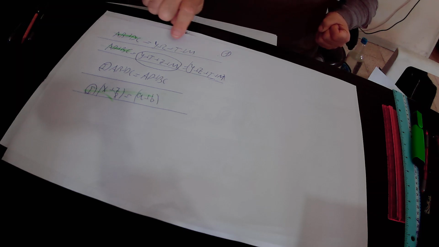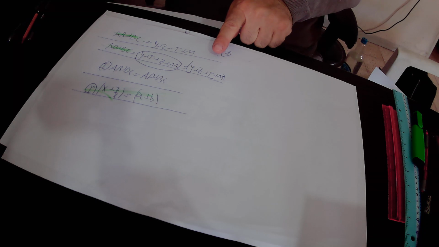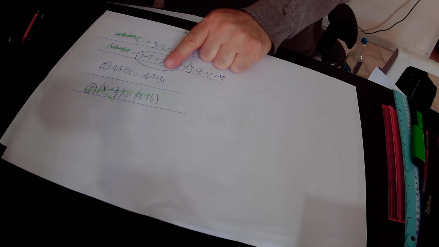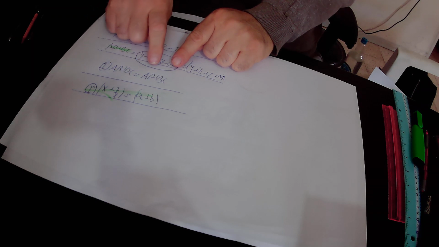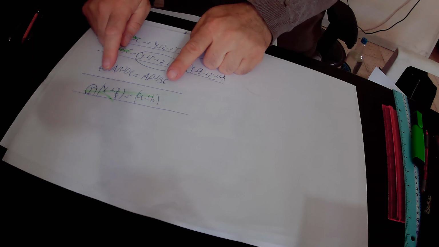So AB plus DC equals Y plus Z plus T plus M, and AD plus BC also equals Y plus Z plus T plus M. So those two expressions in green are both equal to the same third expression, Y plus Z plus T plus M, and therefore they are equal to each other. That is to say, AB plus DC equals AD plus BC. In conclusion, according to equation 1, AB plus DC equals AD plus BC. AB is X, DC is 7 over X, AD is A, and BC is B. So we found out that X plus 7 over X equals